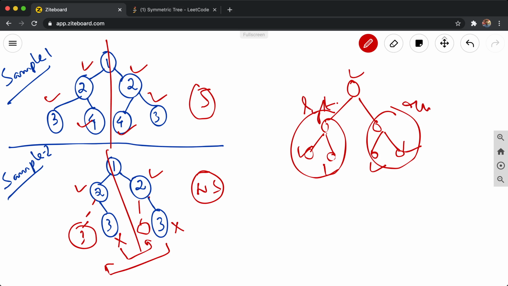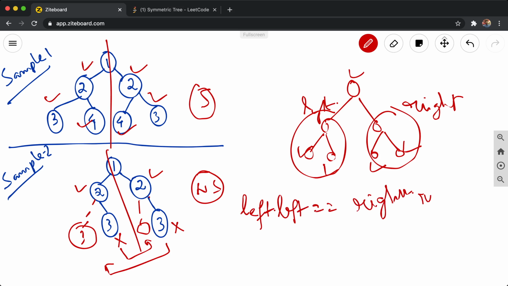We check that left dot left has to be equal to right dot right, and we have to short circuit this. Left dot right has to be equal to right dot left,